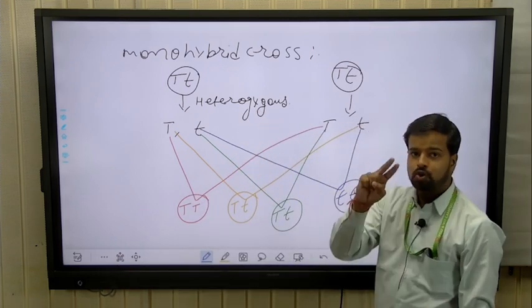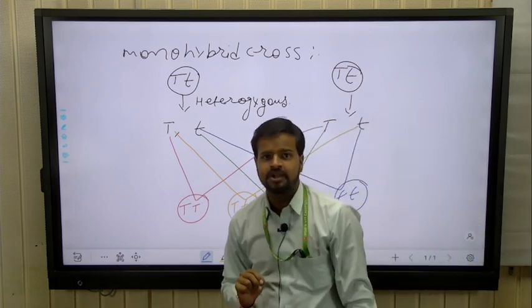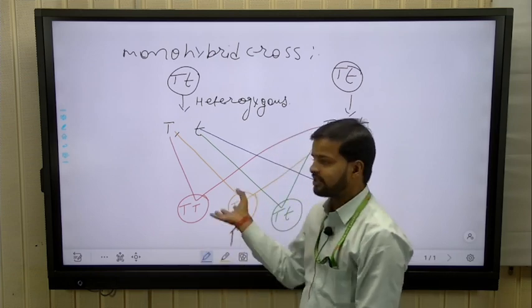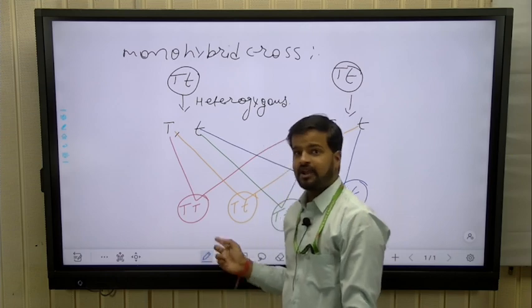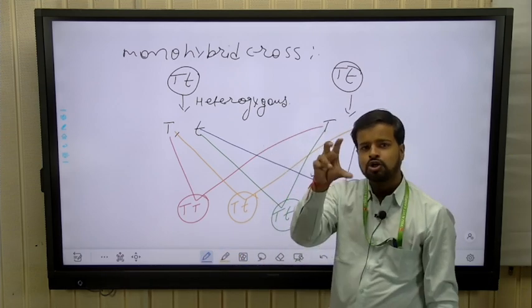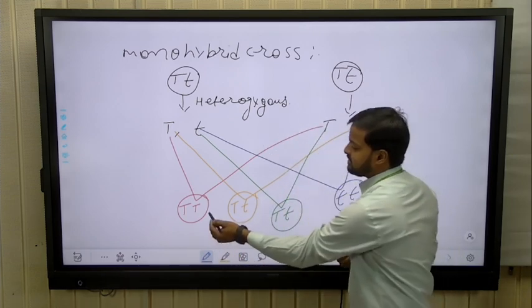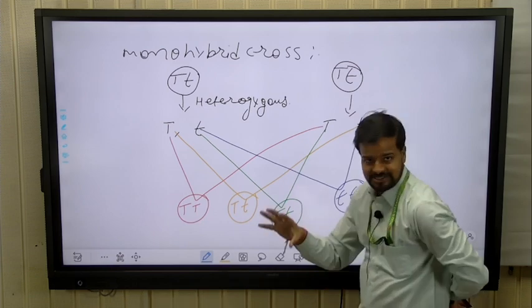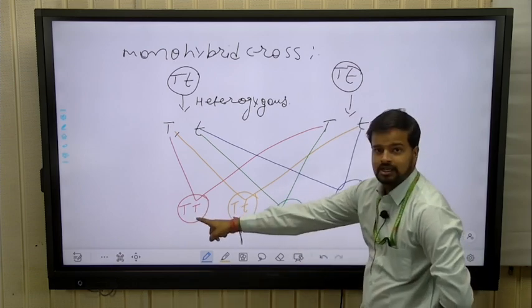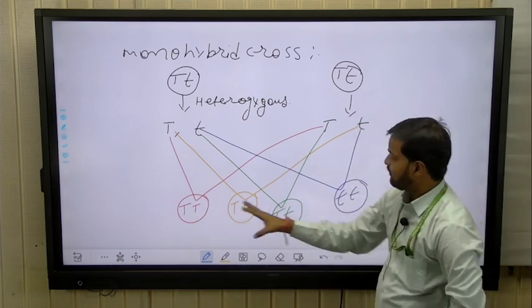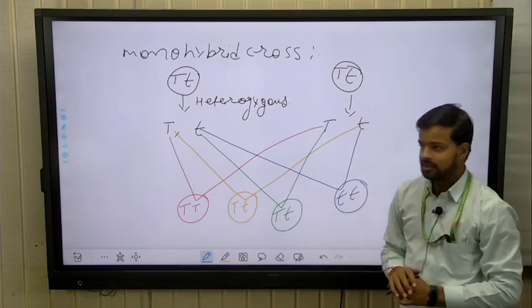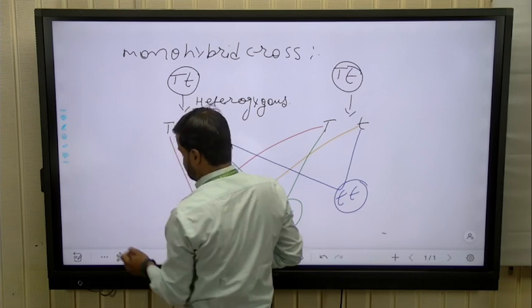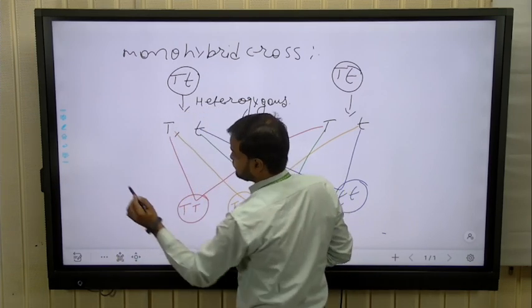But here 2 mathematical approaches are applied to resolve the phenotypic ratio and the genotypic ratio. To identify it, we calculate normally. Students, this is the number of plants on the basis of genetic composition: single, and here there are 2 plants, and this one is another single plant. That means we draw the genotypic ratio.